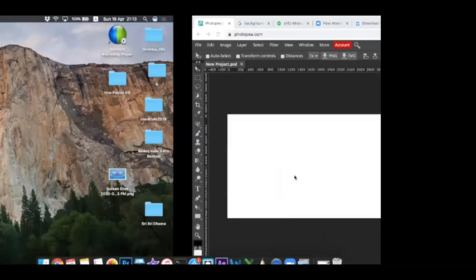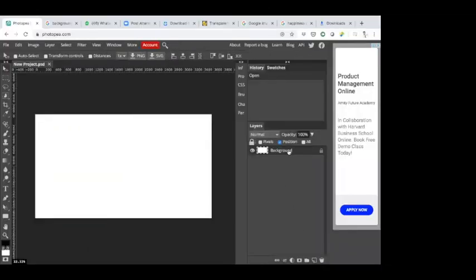For this, first, there is a background layer. We have to create a new layer. For creating a new layer, on the bottom right, we have this new layer icon. Click on that and you can see that Layer 1 has come. All right. Now on the toolbar, there is something called the gradient tool.